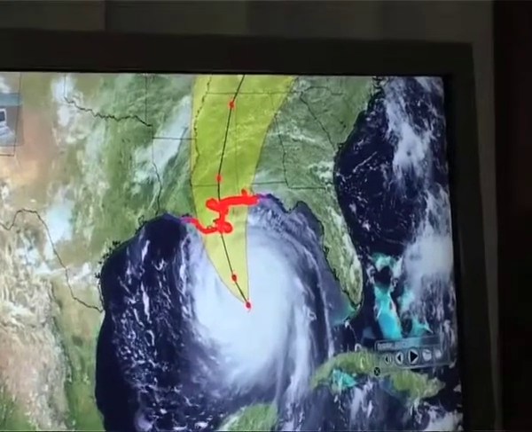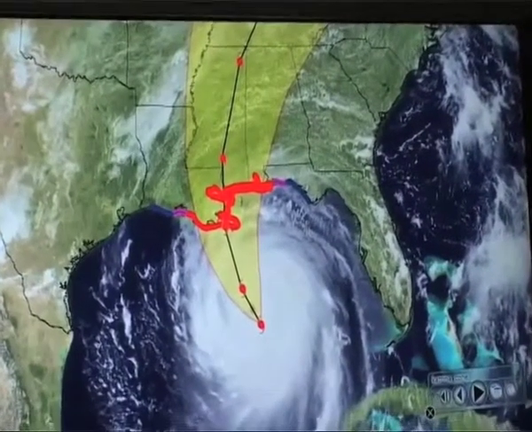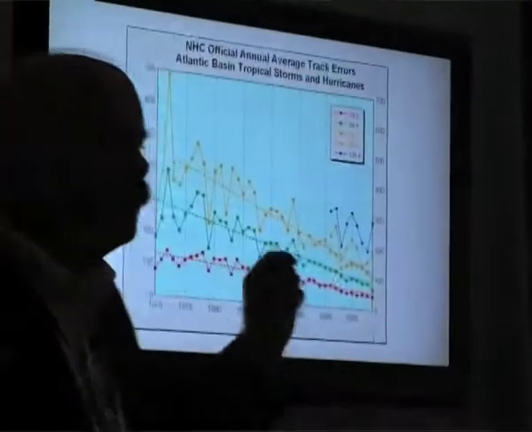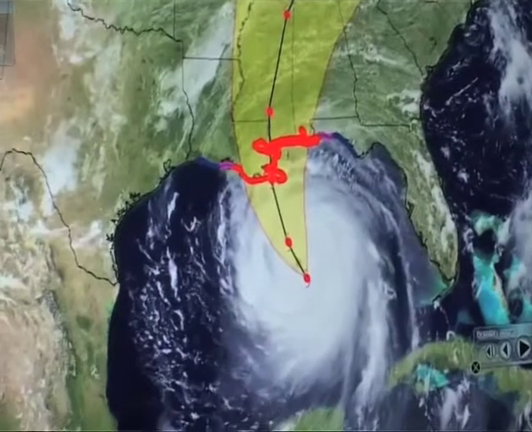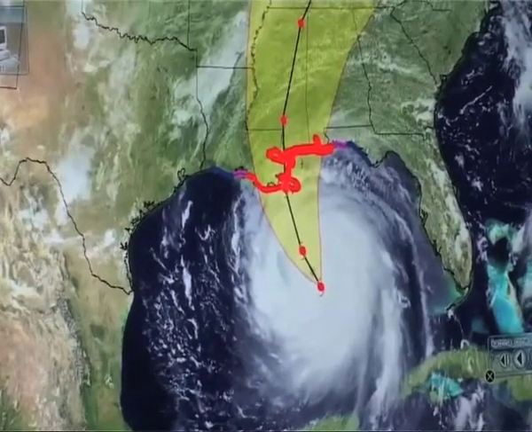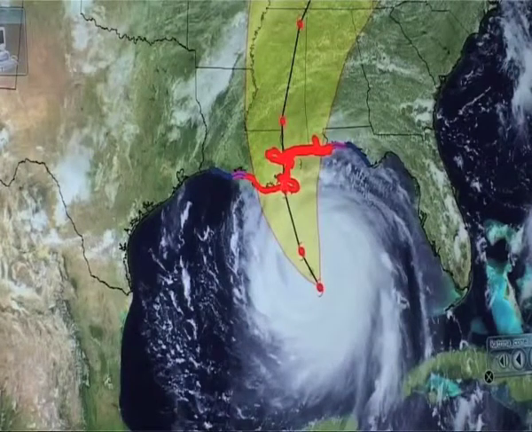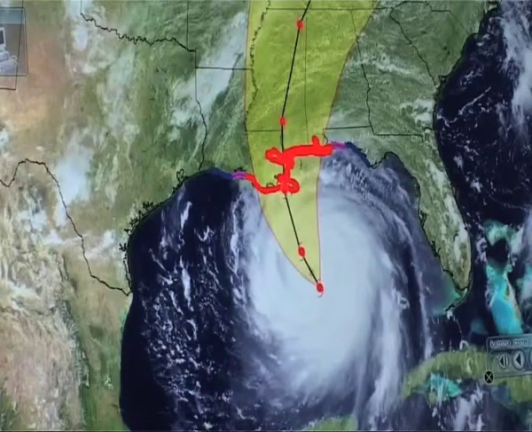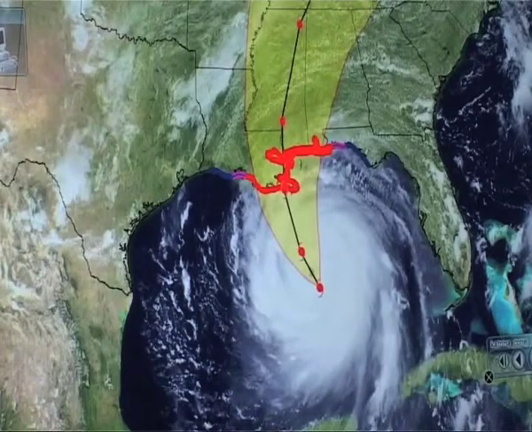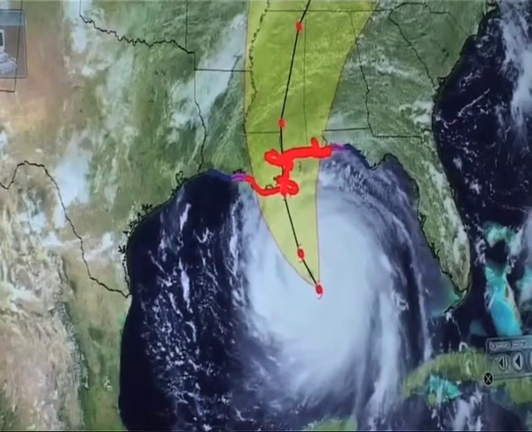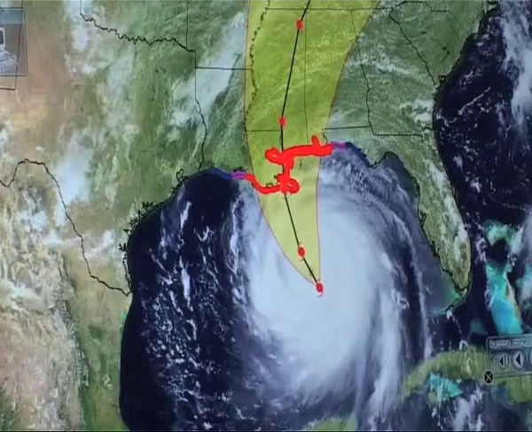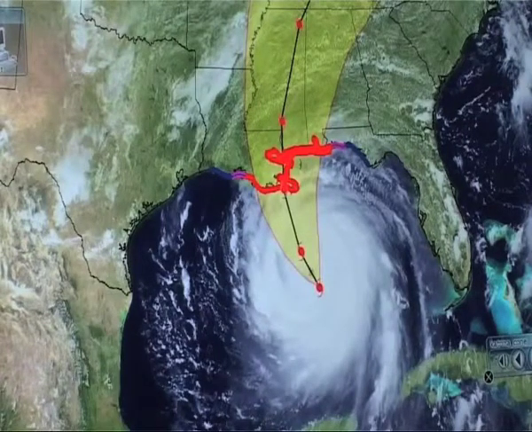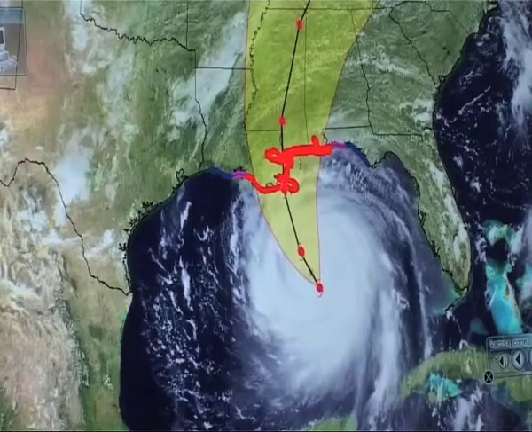Now, because of improvements in weather forecasting and improvements in satellite imagery, we can see from this graph right here, this is the improvement in hurricane forecast. The 72-hour forecast is just as accurate today as the 24-hour forecast was in 1970. That's really important. There's a reason for that. And that reason is because we have more global observations. We have more satellites. We have more observations on the ground, all going into computer models that are predicting what's